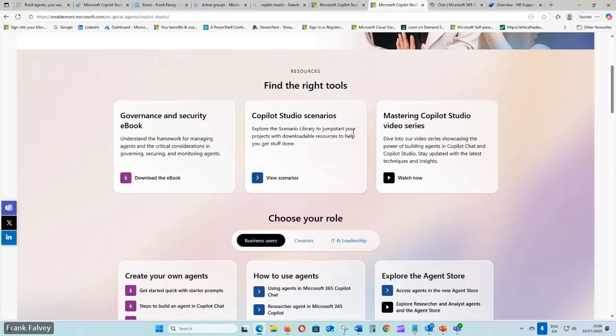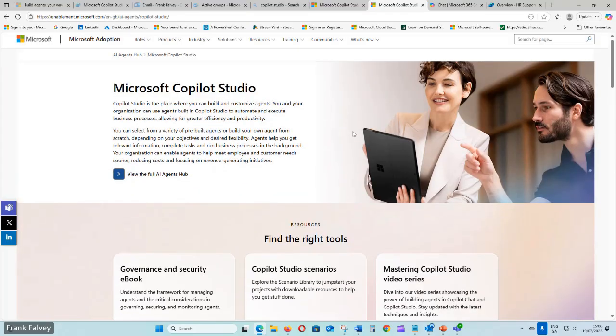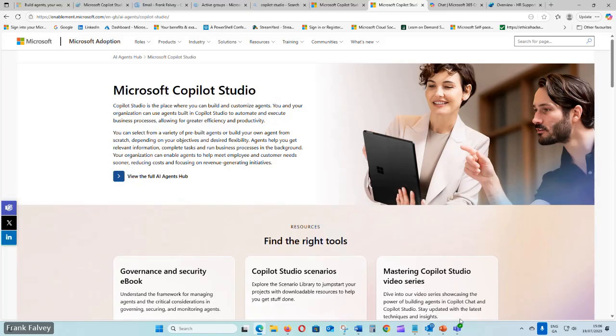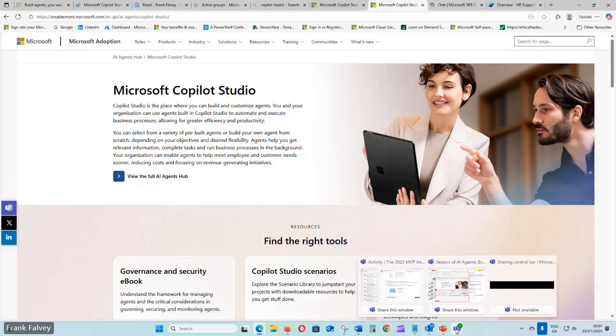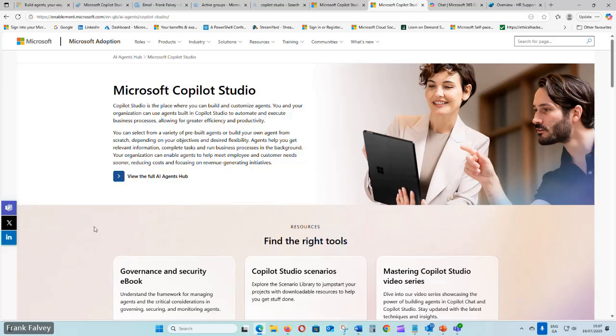I'm also going to check this. I think even Copilot Studio has huge capability to build autonomous agents. It can do a lot of stuff. I remember when we deployed this, we used it for some automation as well.